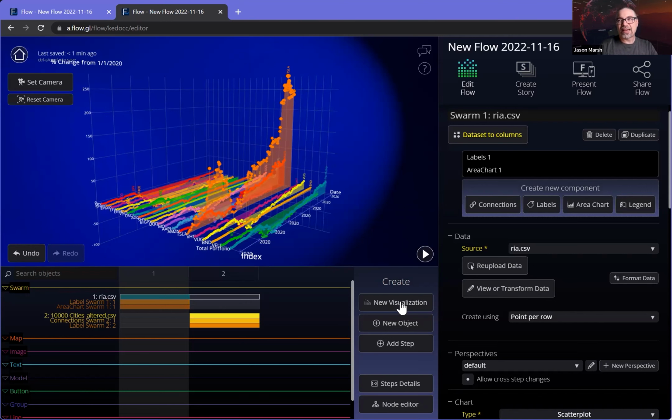The other thing, as I mentioned, is we'll have a bunch of new visualization, new template types